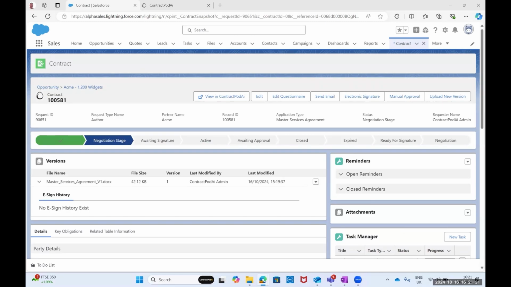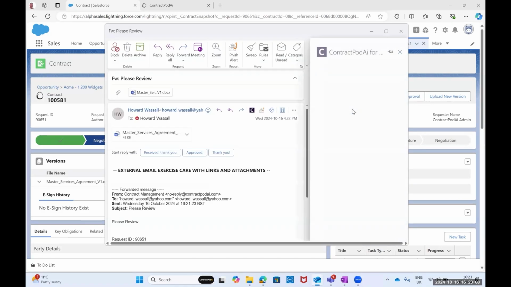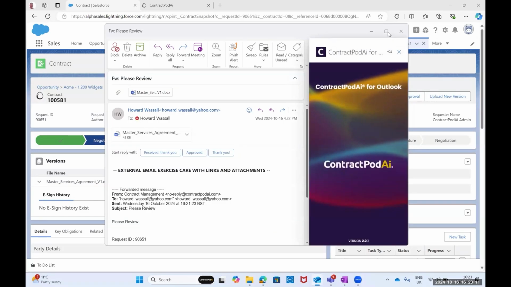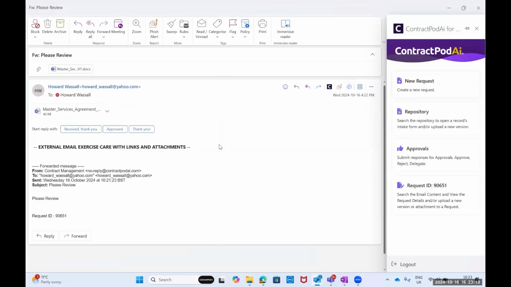And the other party will receive an email with that contract within it. They will make their changes to it and email it back to their primary contact within the sales organization, primarily the salesperson who sent that to them. And once that's received back by the salesperson within Outlook, they can open up the ContractPodAi add-in for Outlook. And as you can see, the correct request ID for this contract has automatically been identified from